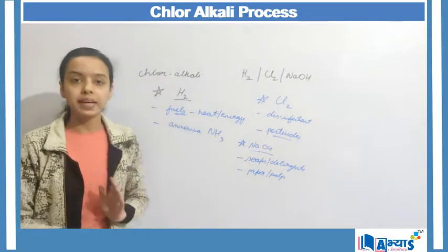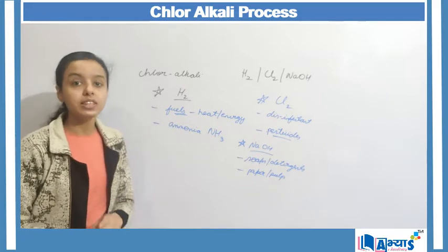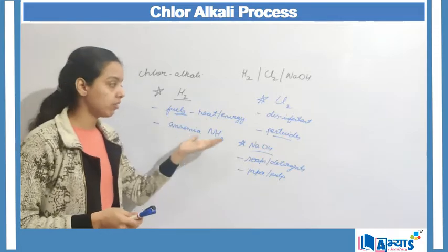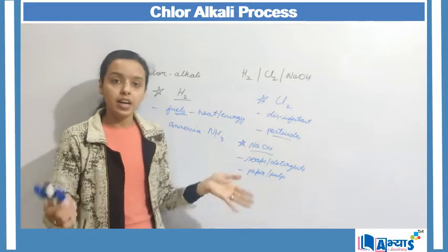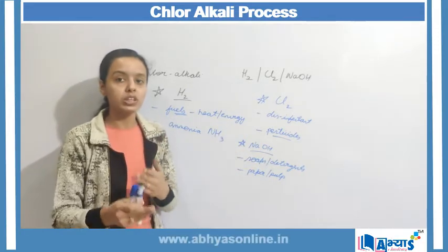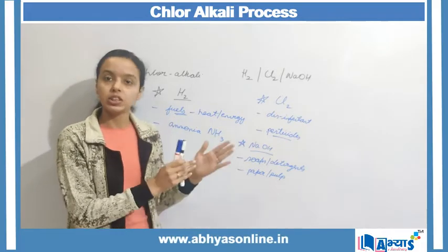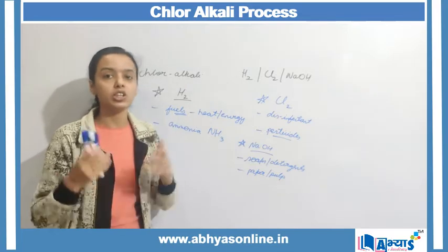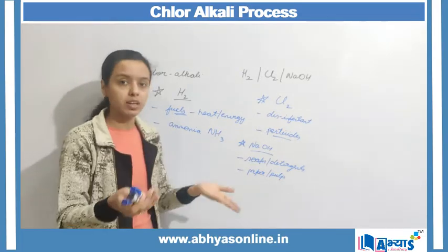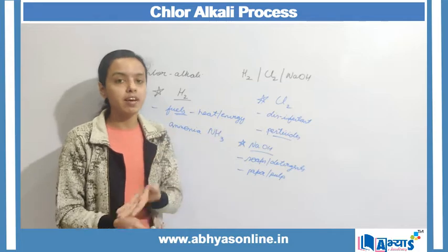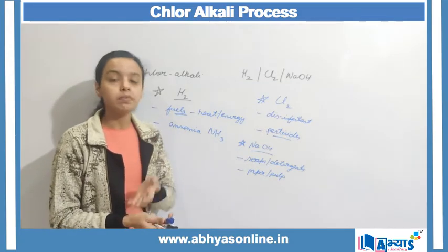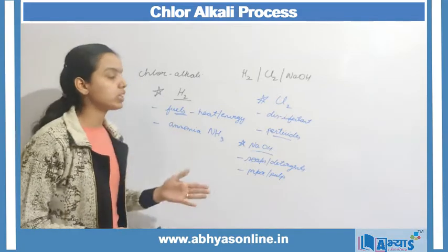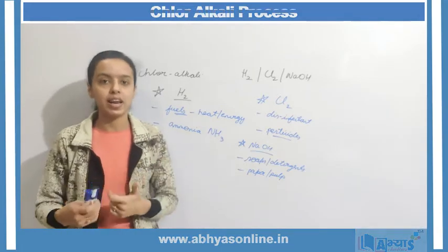So this was the complete concept of the chlor-alkali process. We have discussed the chemical equation, then the various reactants and products, and how the reactants break their bonds to form other substances known as the products. And in the end, we discussed the setup, which consists of a metal beaker or vessel in which we have sodium chloride and water, and also two electrodes, the cathode and the anode. So this was the complete concept of the chlor-alkali process.